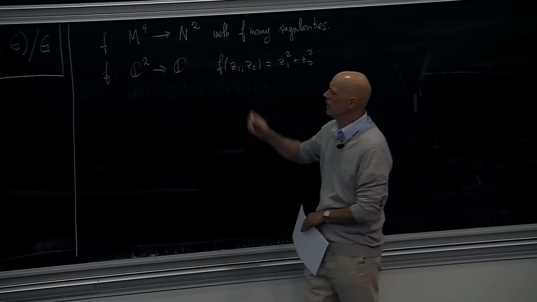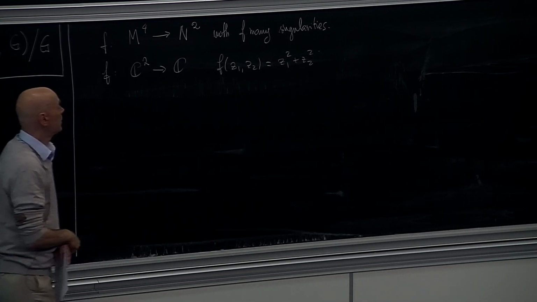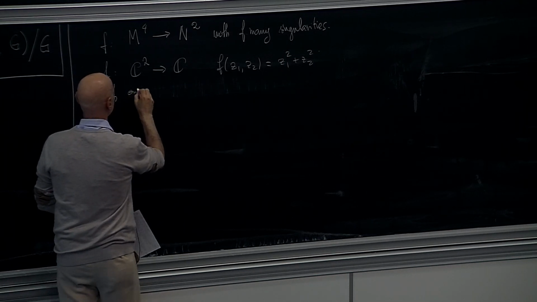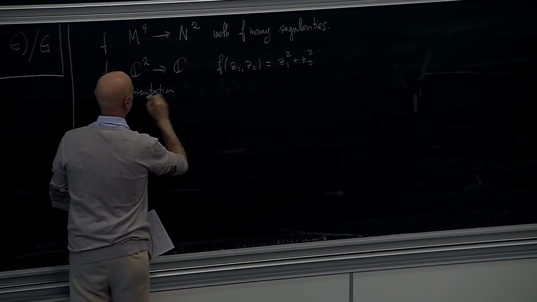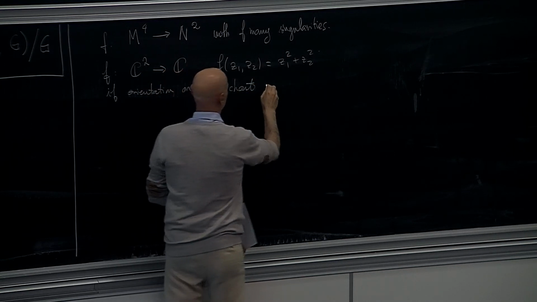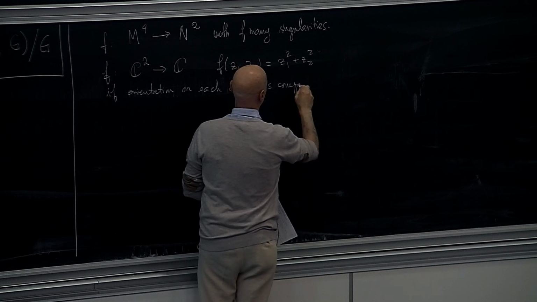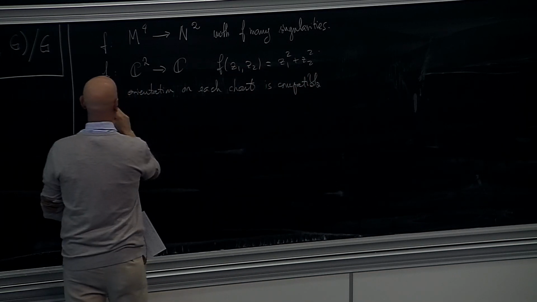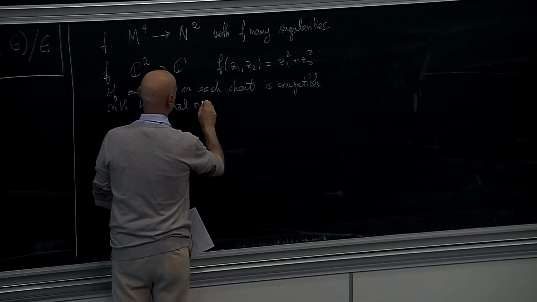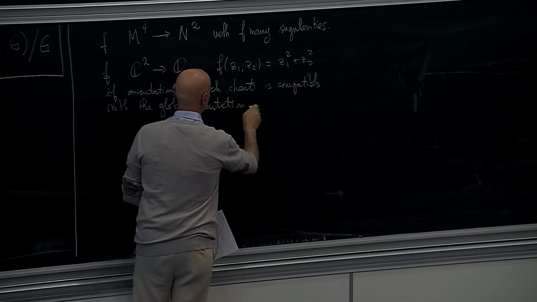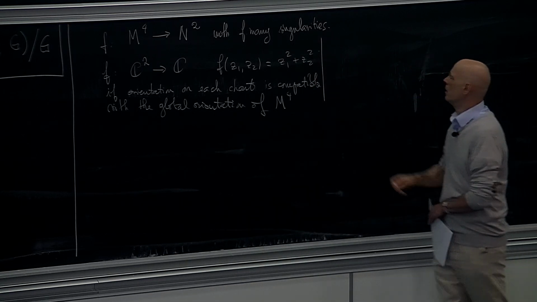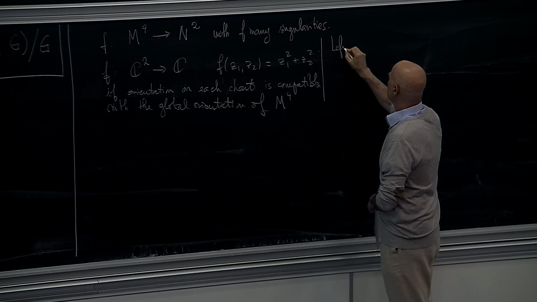In the case where all singularities arise this way, and if the orientation on each chart is compatible with the global orientation of M^4, this is what we usually call a Lefschetz fibration